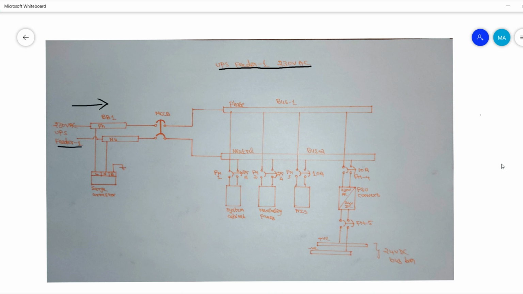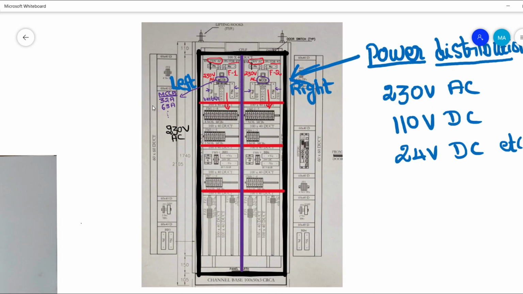And we also have monitoring stations like HIS, printer, L2 switch and other control system panels. These require a 230 volt AC power source, tapped from this bus bar through individual MCBs. Here we may use a 25 ampere load for the marshalling panels or system panels and a 10 amp load for human interface stations, printers and other control systems. This is how the different panels tap the 230 volt AC power supply system.